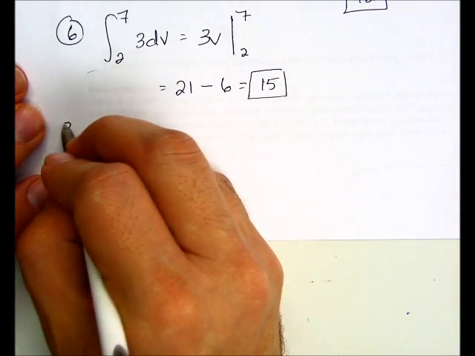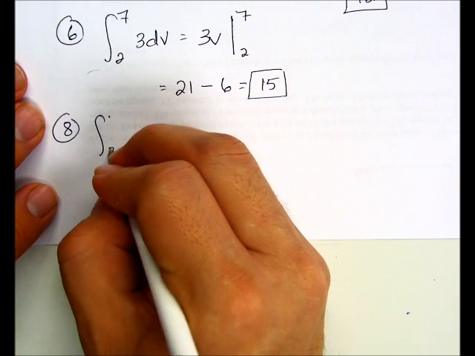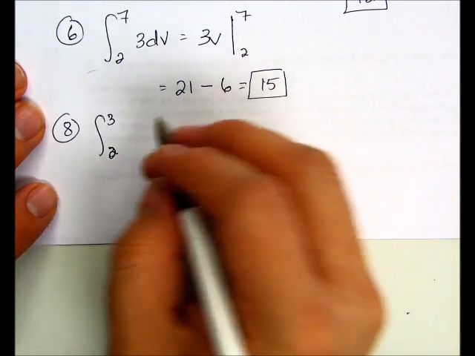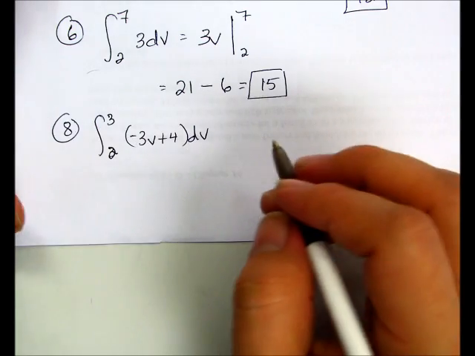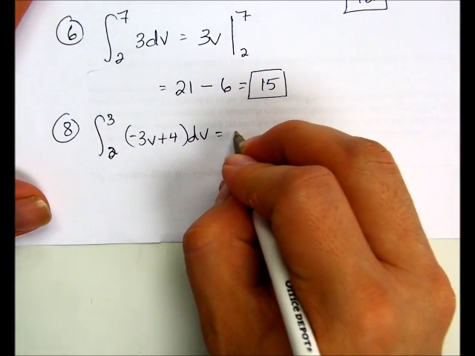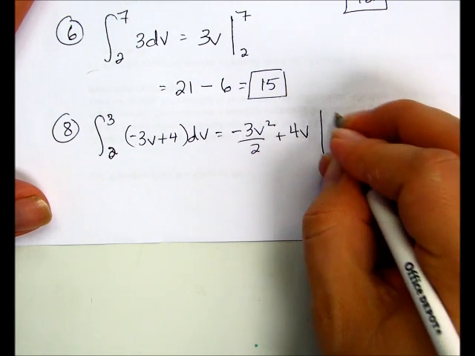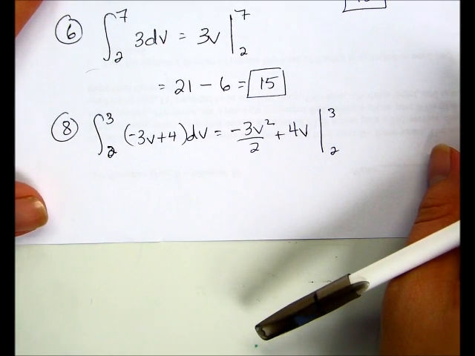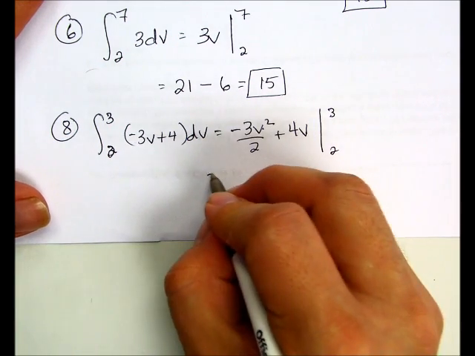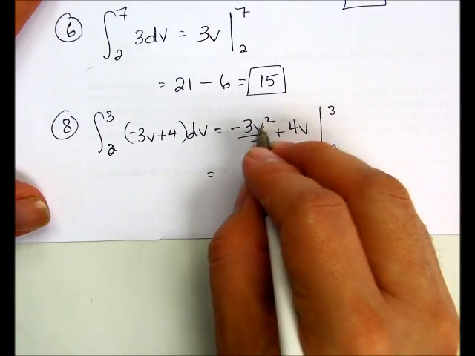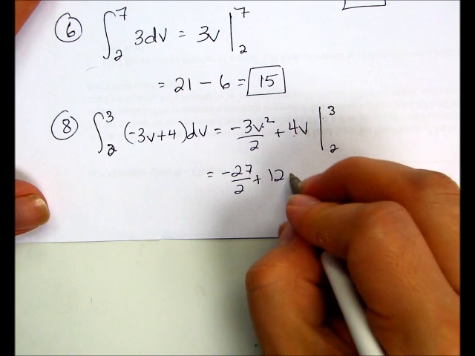The next one on the homework was number 8, and that was the integral from 2 to 3 of -3v plus 4 dv. So again, we just take the antiderivative. We're going to have -3v squared over 2 plus 4v evaluated from 2 to 3. So we're going to plug in 3 for v, and then we're going to plug in 2 and subtract those. So v squared is 9, negative 27 over 2 plus 12 minus,